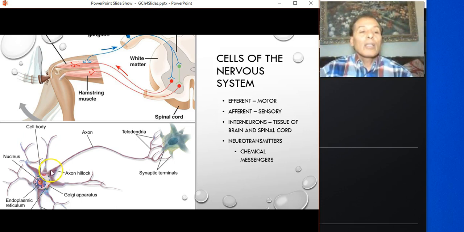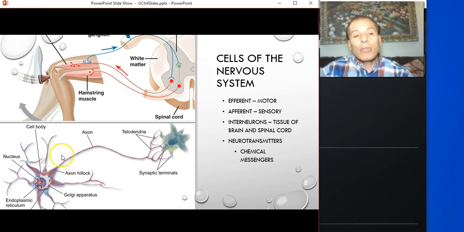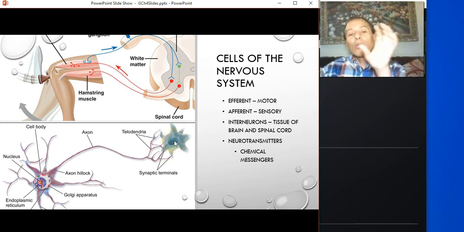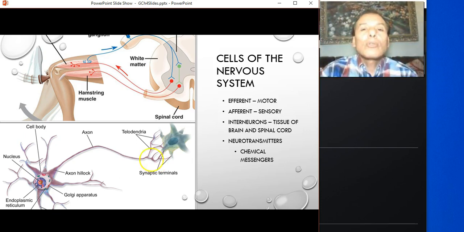If it is refired, this part here, called the axon hillock, will fire the signal, and it travels through the axon and is sent through all these synaptic terminals to other neurons. Other neurons receive it through their dendrites, which go to the cell body, and then the axon of the other neuron. This is how you make a chain, sending a signal from one neuron to the other, to the other, and it goes very, very fast.